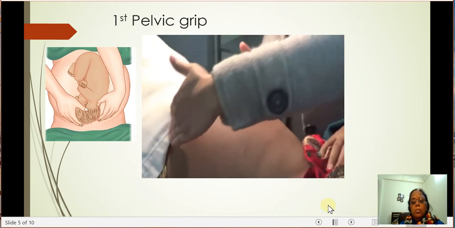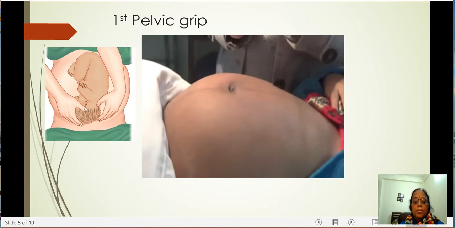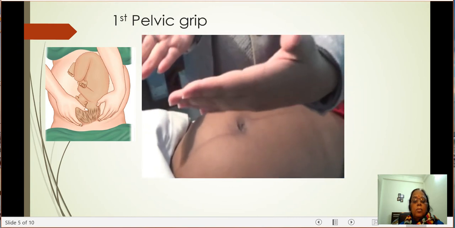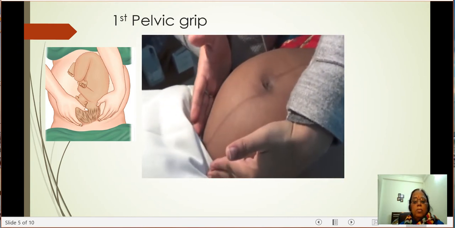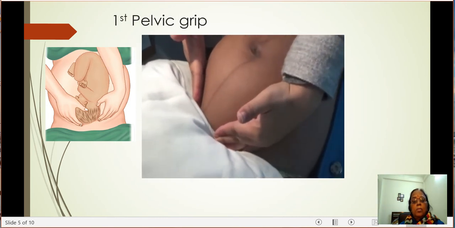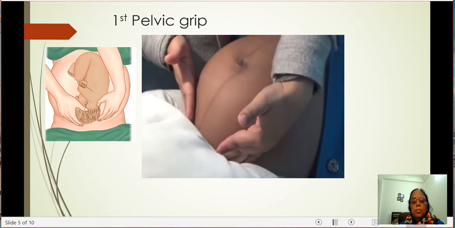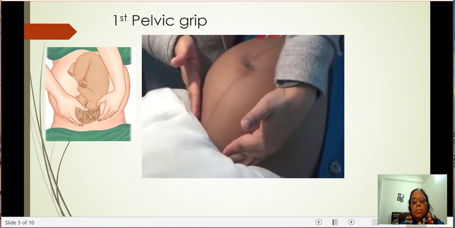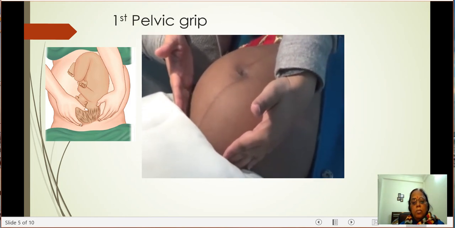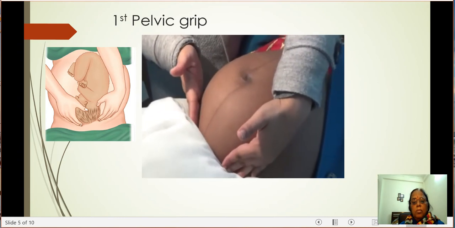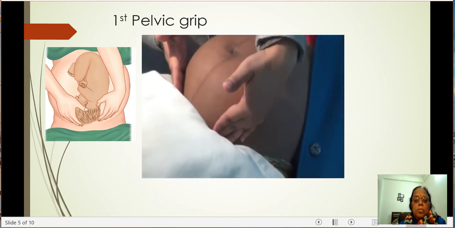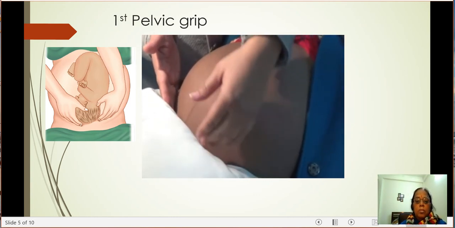Now the third, we are going to do the first pelvic grip. For this, first we have to change our position. We are going to face towards the patient's legs. Then place both the hands parallel to the inguinal ligament and slowly try to move our hands downwards and backwards to feel the part which we can appreciate here. If we again feel a globular, hard, ballotable mass over here, that is suggestive of the head of the baby or the fetus. And if we feel a soft irregular mass on the lower side, that means the baby's podalic pole or the breech is over here, buttocks are over here. So this will confirm our finding from the fundal grip and confirm the presentation of the baby.